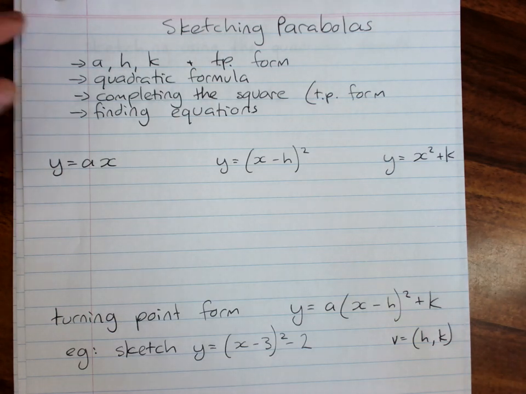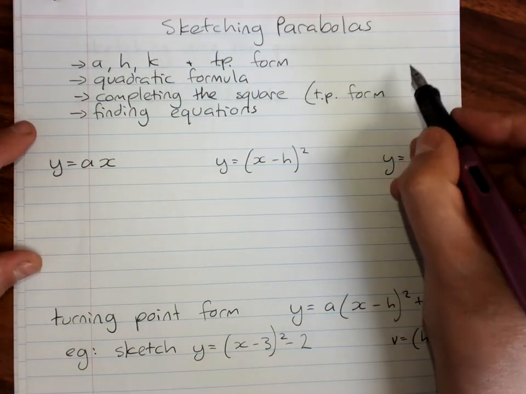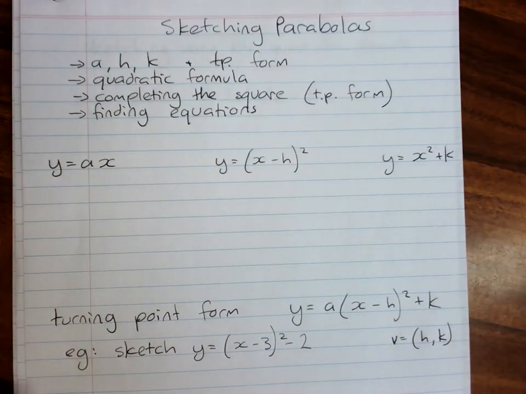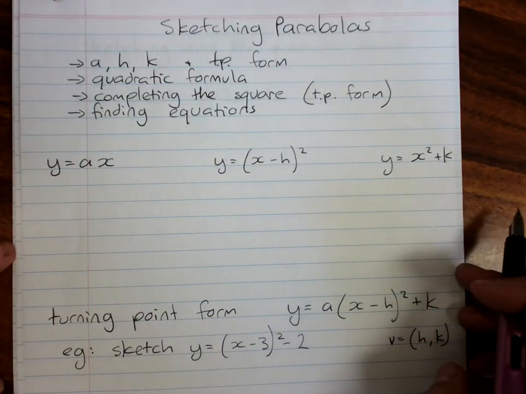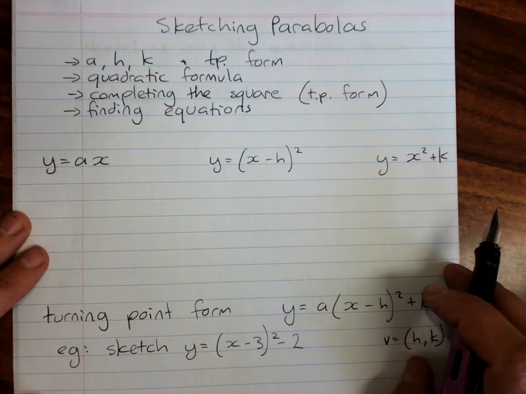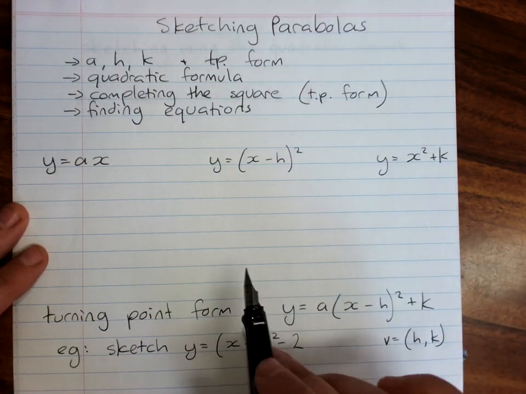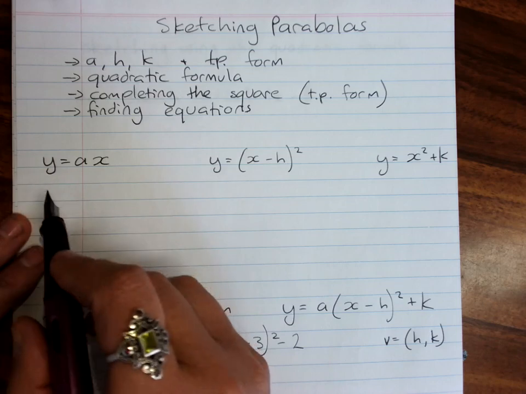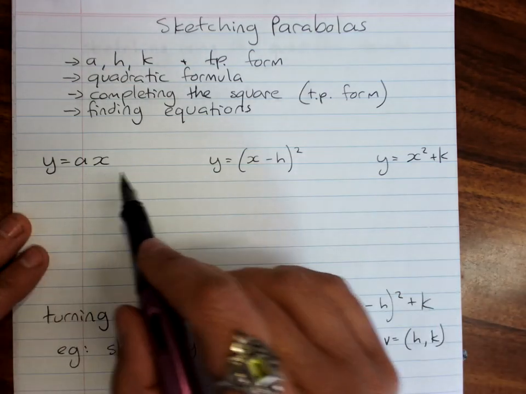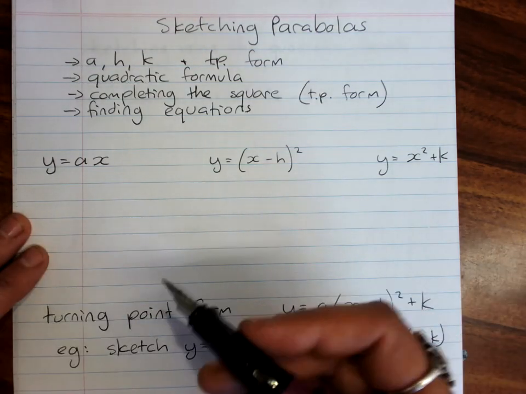Parabolas, looking at the 10A part of this course. So we are starting out by looking at what is called the turning point form of a parabola's rule. A quick reminder that as you've been looking at the transformations that happen with the various parts of the rule